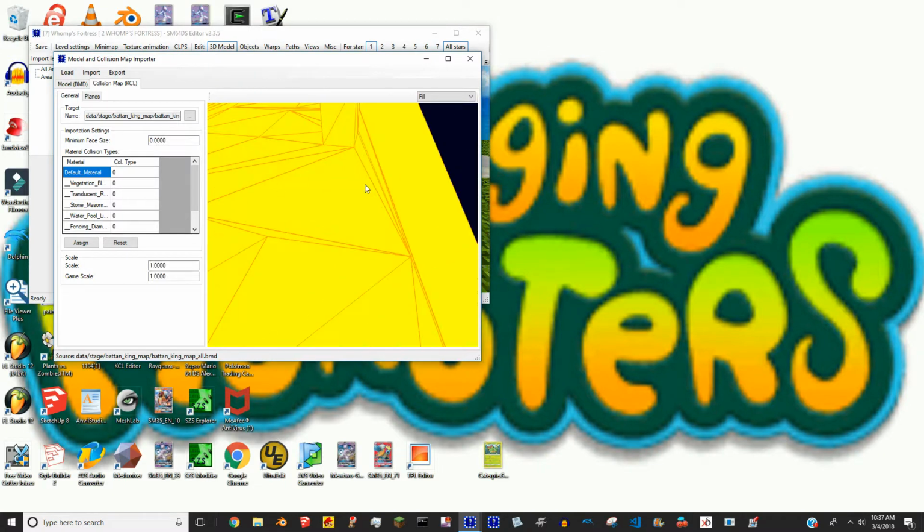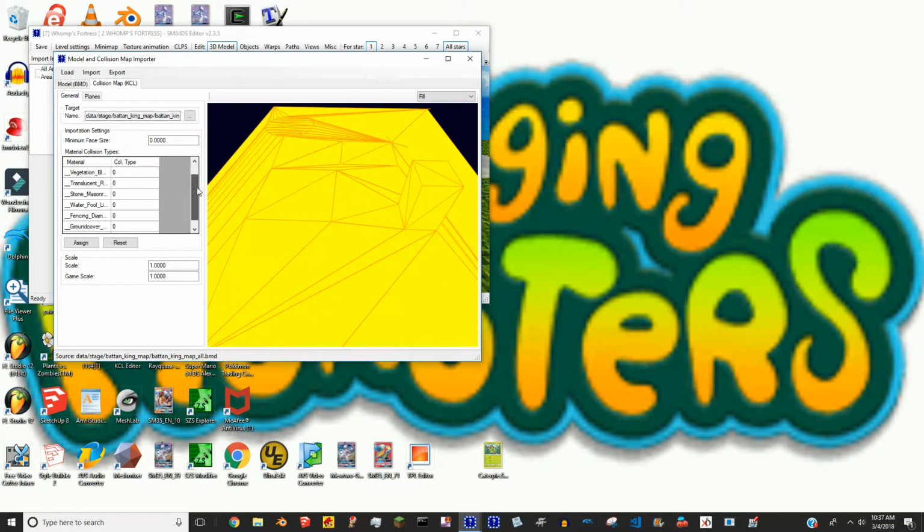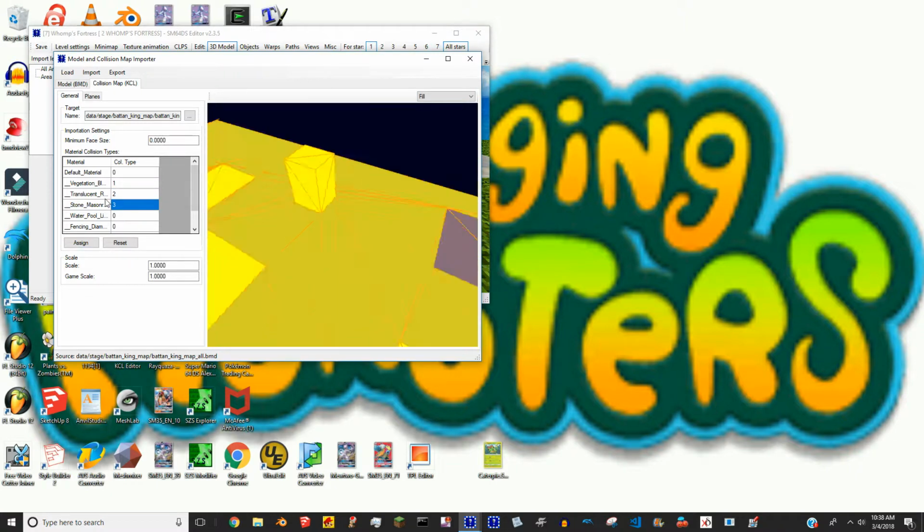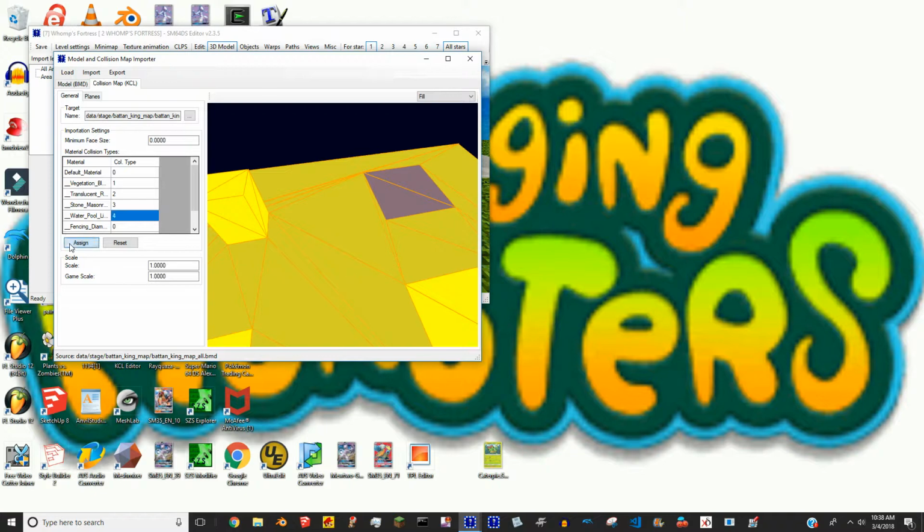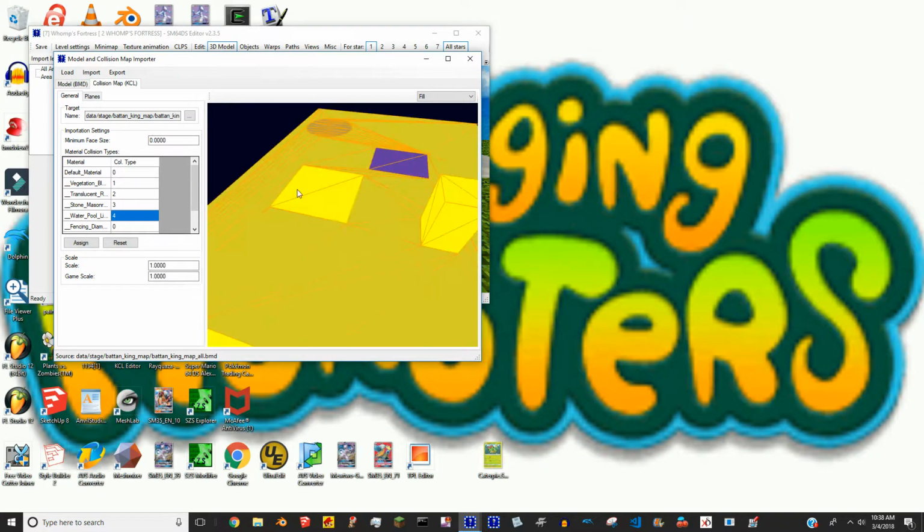But anyway, as you can see, there are certain textures down here. You want to leave default material. I don't think that's really going to need a collision type, so we'll just keep that as 0. But what I recommend is putting these as different collision types. You have to click on that and say assign collision type. And notice that just changed to a different color. Then you do this. You just assign these to different collision types there. I like to assign them completely different collision types, and then, let's see, so